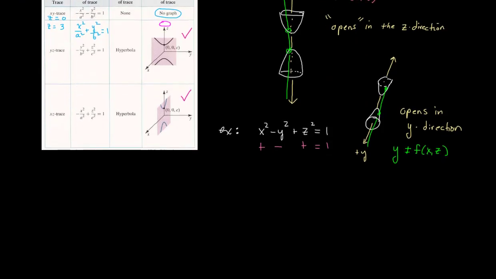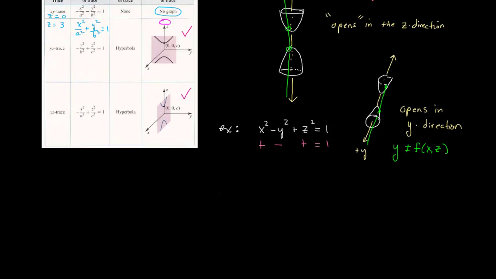Now, let's scroll down here for just a moment, and let's take a look at a final example for this page. Here, z is going to be the square root of 1 plus x squared plus y squared, and we're going to describe this shape. Now, you will notice that if I square both sides here, I'll get z squared equals 1 plus x squared plus y squared, or said differently, z squared minus x squared minus y squared equals 1. Well, there we have our pattern. We have positive, negative, negative. So z is the odd man out,